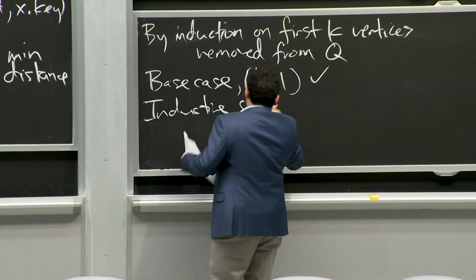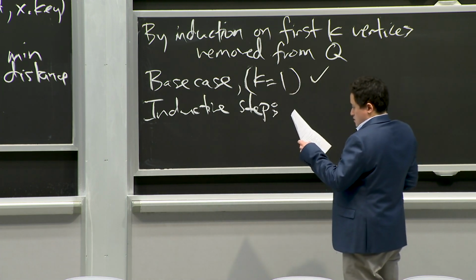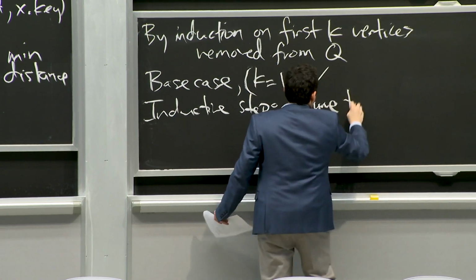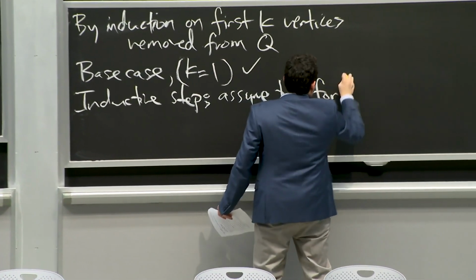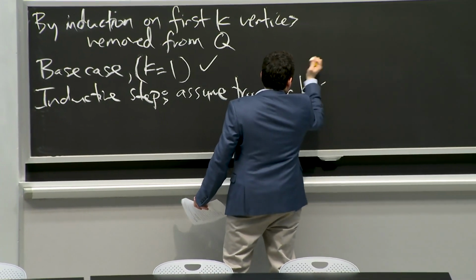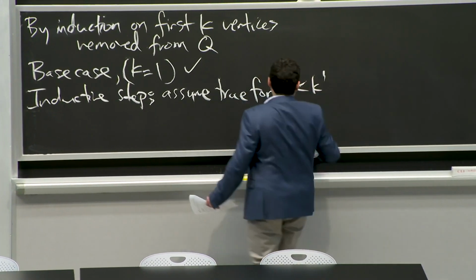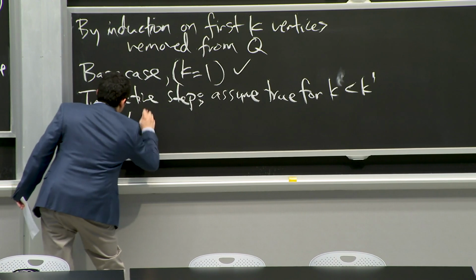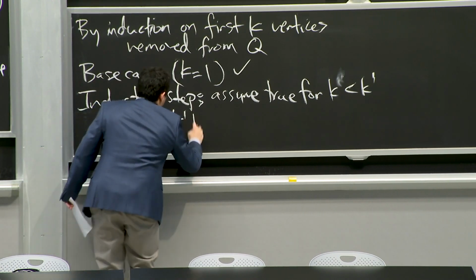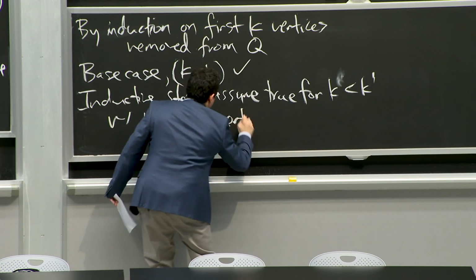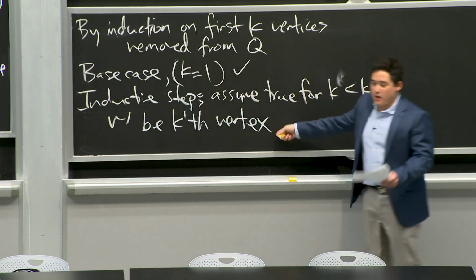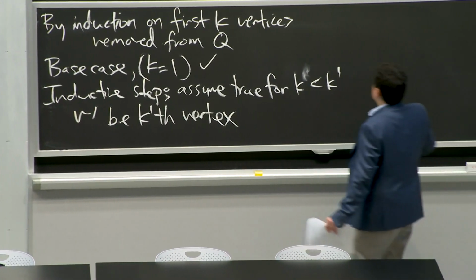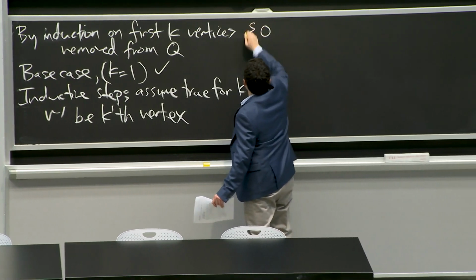Okay, assume it's true for k prime, k less than k prime. And let's let v prime be the k prime vertex popped. Okay, v prime. And now let's look at some shortest path from S